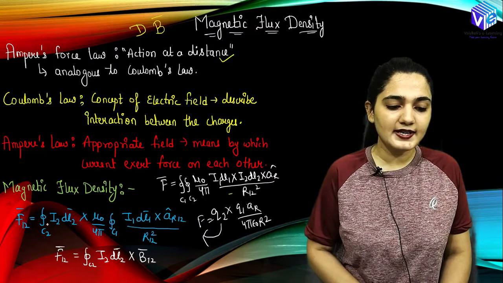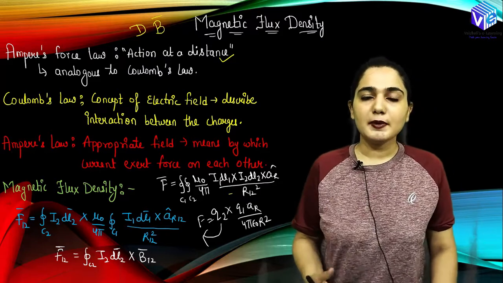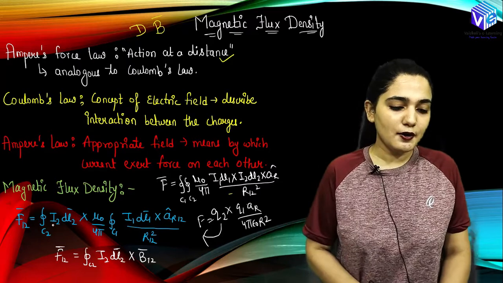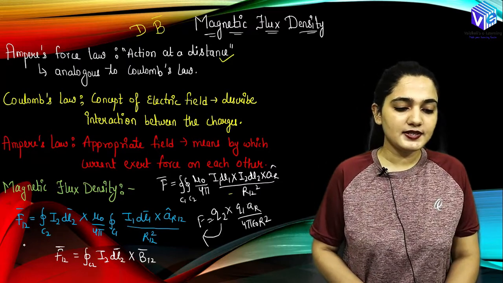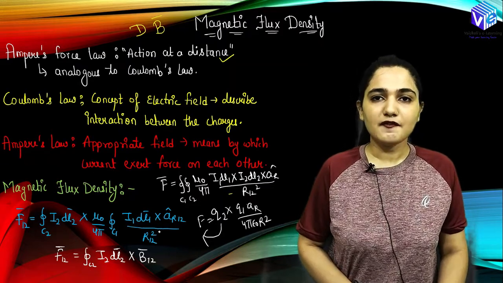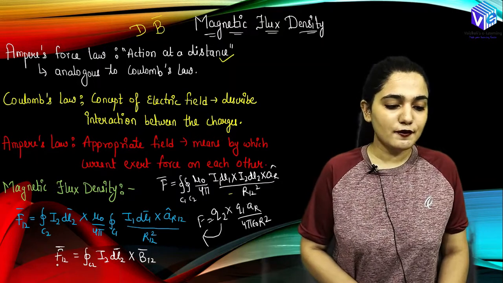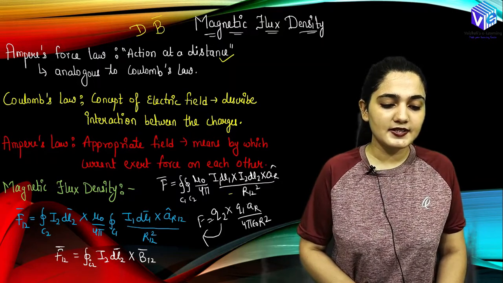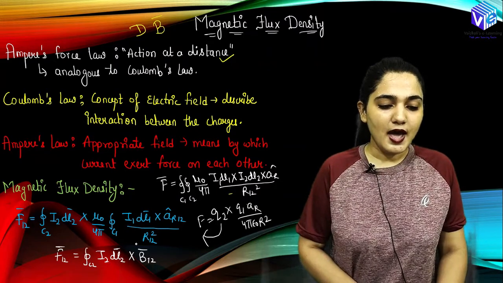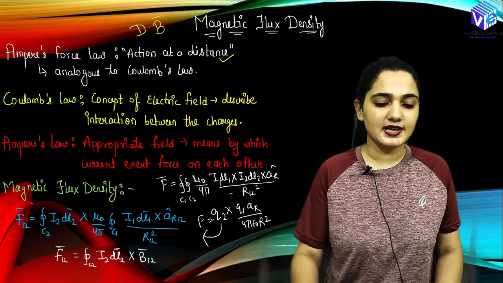Here also if I take this I2 dl2 into the denominator, because the equivalent of the charge here is the current, right? So now the current over the element dl2 is taken in the denominator, and I will find the magnetic flux density. So how can I represent the force? Force F12 can be represented as the closed contour integration over C2 of I2 dl2, and this overall term is my B12, the magnetic flux density, right?